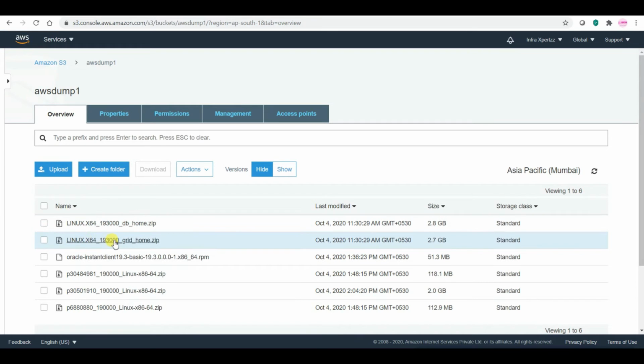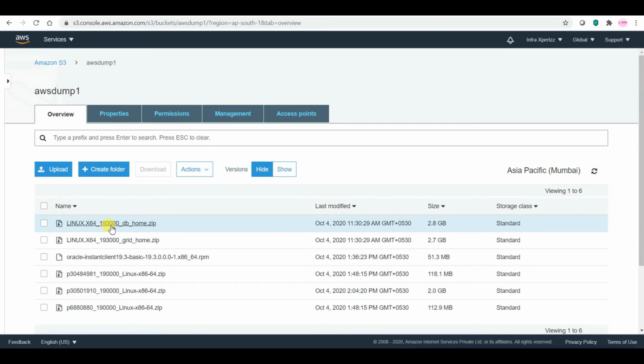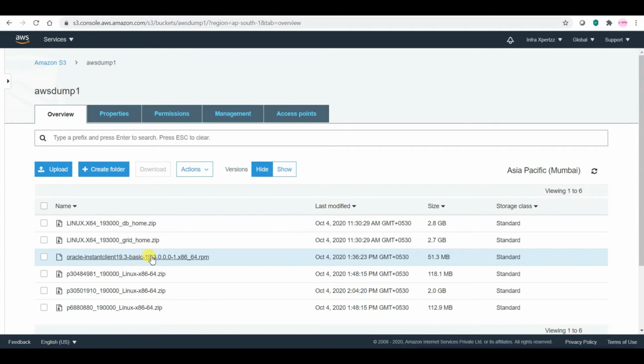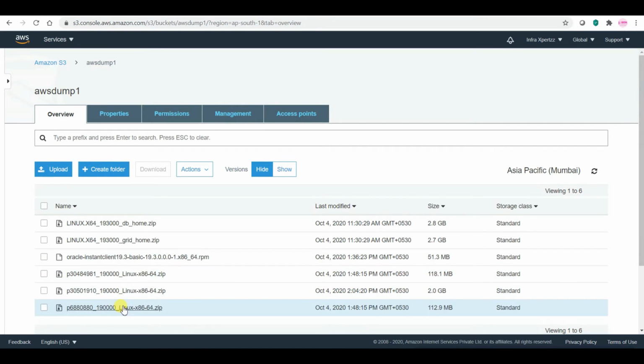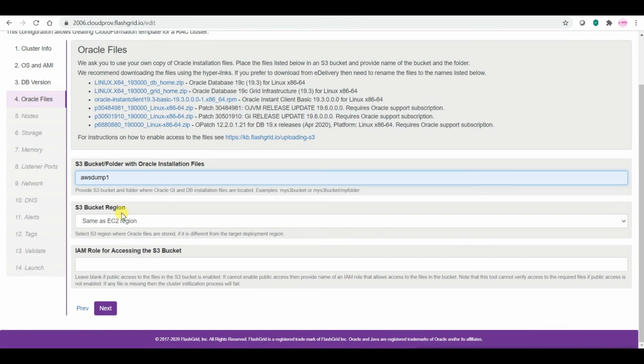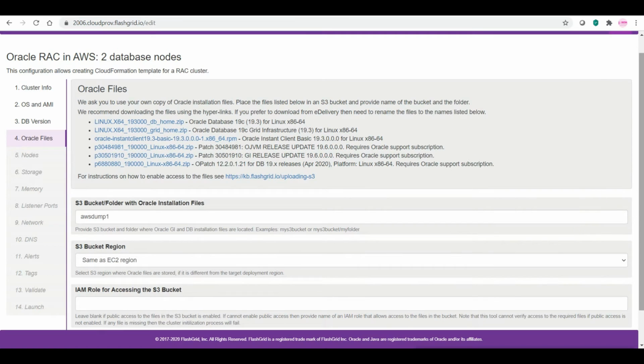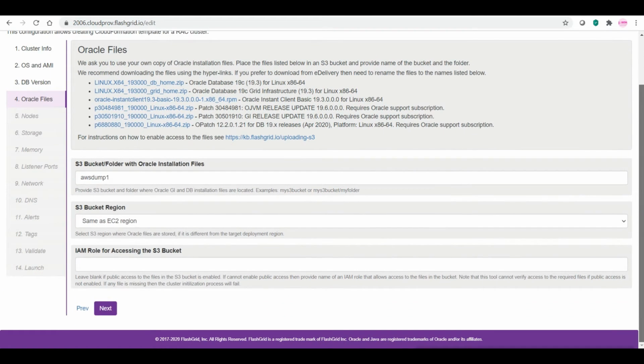So these two are the grid software. This is the database software. This is the grid software. This is one of the RPM, necessary RPM, and these are the patches which are required. So let us proceed and see whether everything it is finding or not.